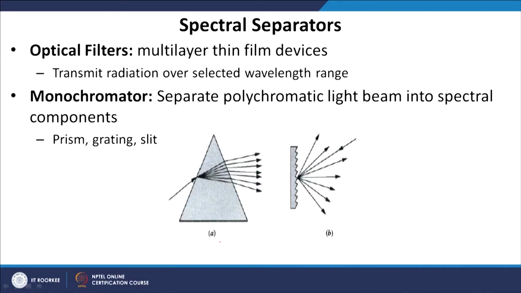One setup you already know is the prism, for example. A prism basically splits the radiation into different colors, so a prism can be used to split the spectrum into colors. Then there is a slit also. This is a prism, and on the right hand side is a slit. This also is basically used to split the spectrum into its constituents. Prisms, gratings, slits, all these are basically called monochromators.